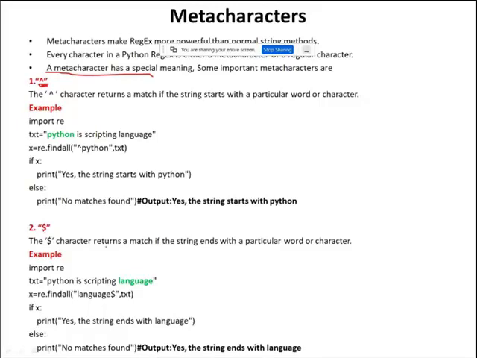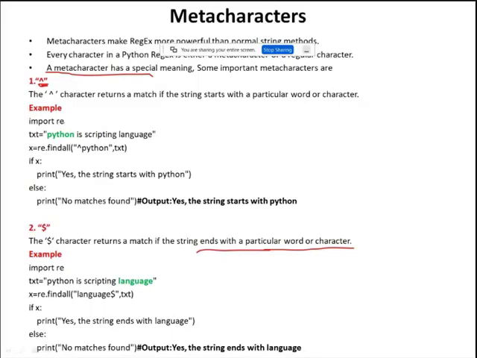The dollar character returns a match if the string ends with the particular word or character. Caret symbol returns the match if the string starts with a particular word or character, and dollar returns a match if the string ends with it. So we'll see the example.